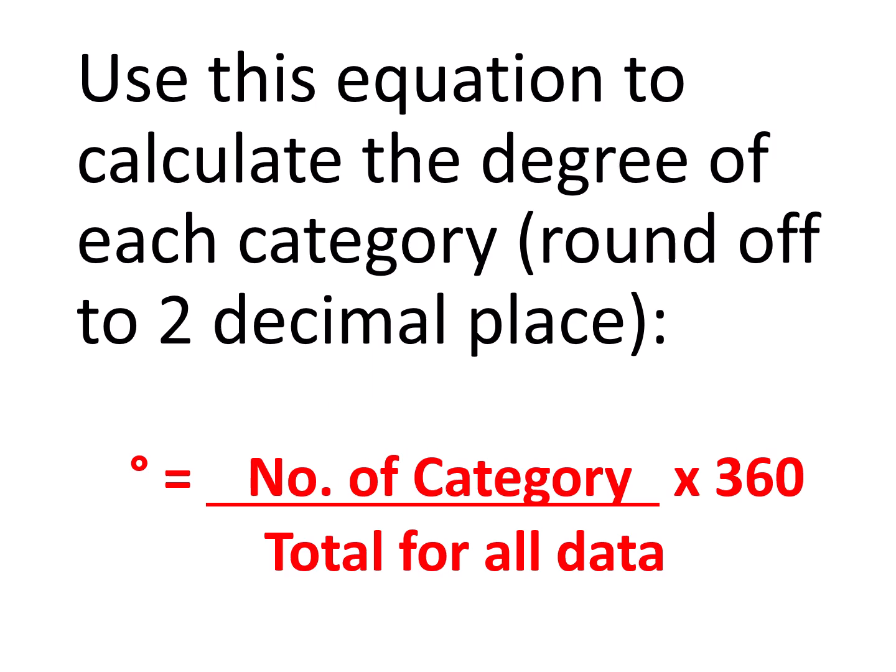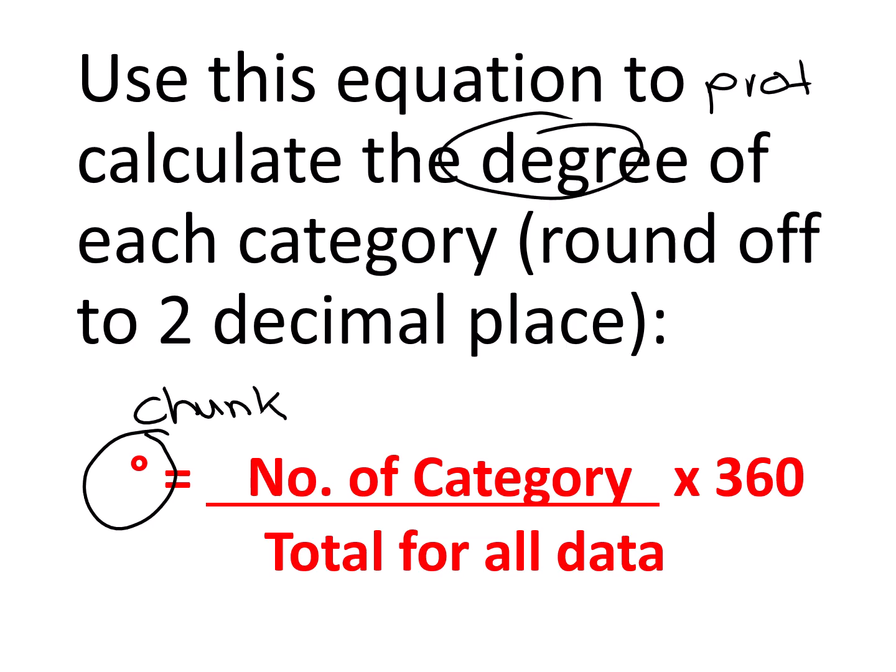Then this equation is for the degrees. This is for the chunks of the pie. This is telling you how big of a chunk you need to draw using your protractor. Okay, you need your protractor for the degrees, or else your chunks will not be the right size. So again, your degrees is equal to the number in the category, which was 45 impala, divided by the total number in the data, which was 99 animals that showed up to the watering hole.